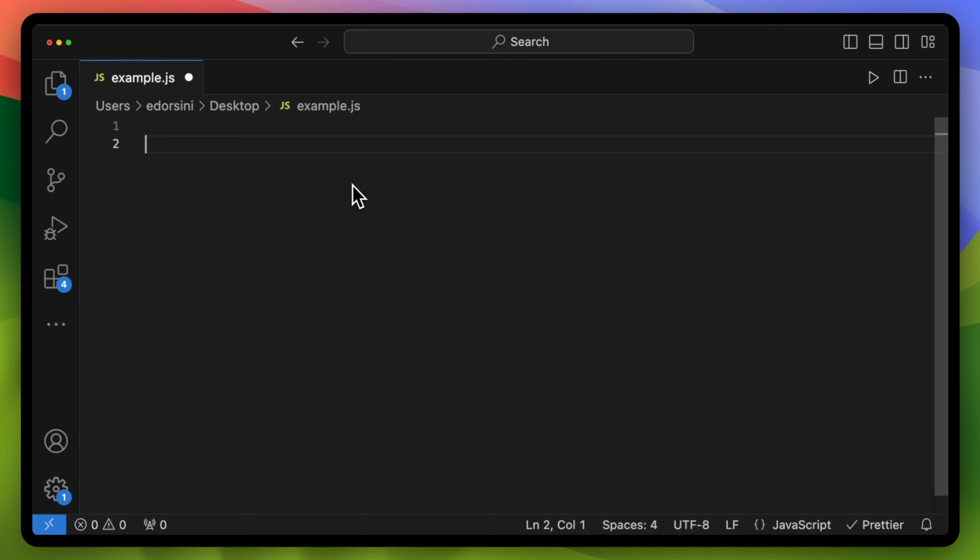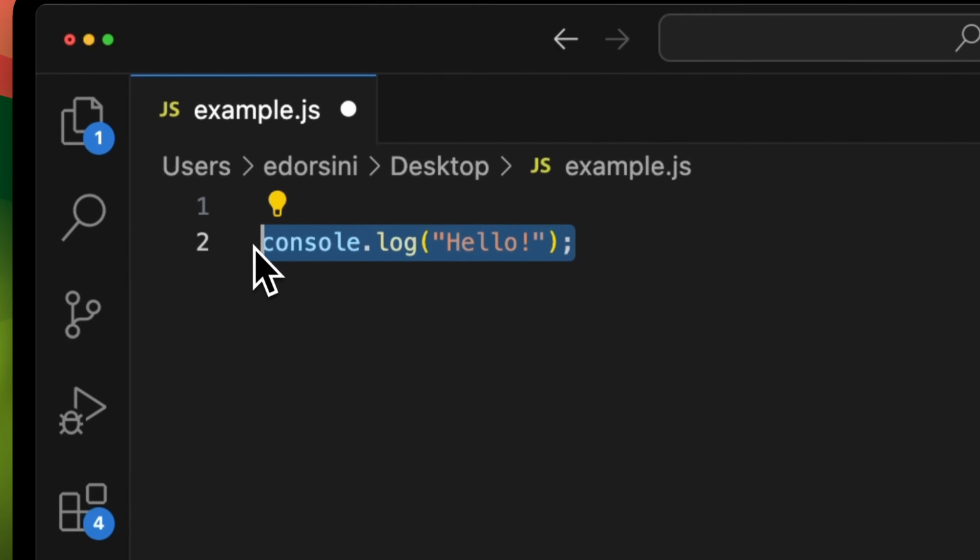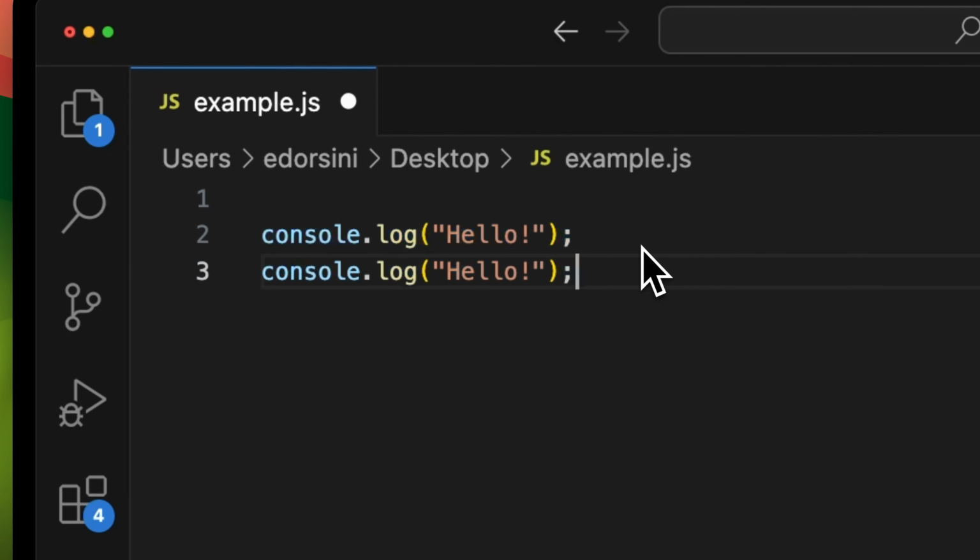So imagine I have some console log statement just for kicks. And I'm going to say something like, say hello to myself. Say hello. Whatever, I could do that. I could do that multiple times, right? Imagine that I could do that